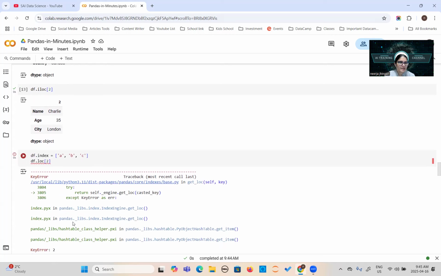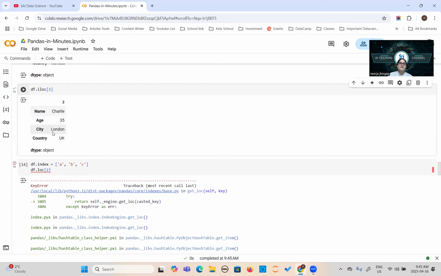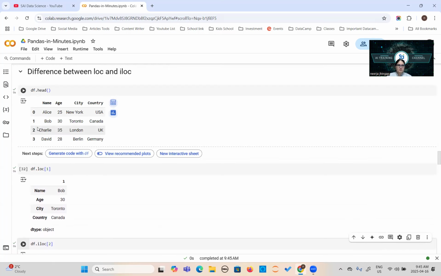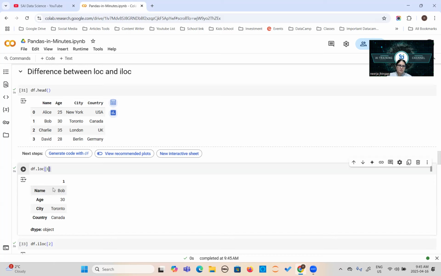If I do df.iloc[2], now it is picking up this one. You might say, Nirja, this is 2 and this is also 2, so it will show you this record. If you do 2 here, it will show the same records, but there is a difference in the mechanism, the background process.